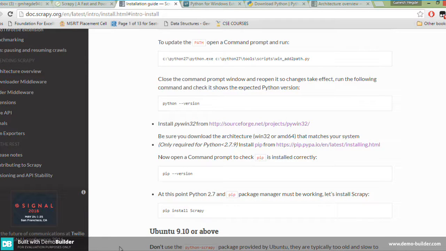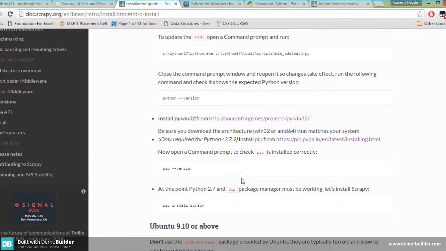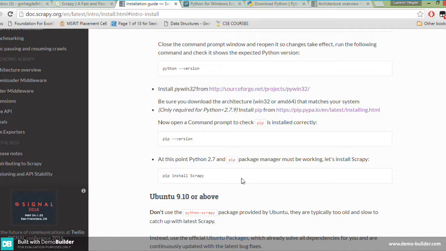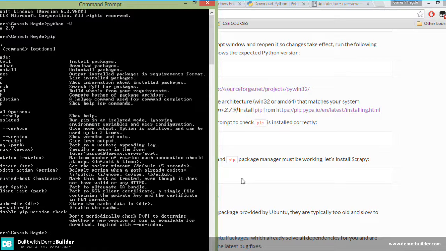After installing pip you need to install pywin32. For that, simply type pip for the pip version. I already installed pip, therefore it works, otherwise you need to install pip, and you can use the documentation that's available. It takes some time. Next you need to know the pip version, install pywin32, and then directly install Scrapy. You need to pip install pip. These are the commands available.